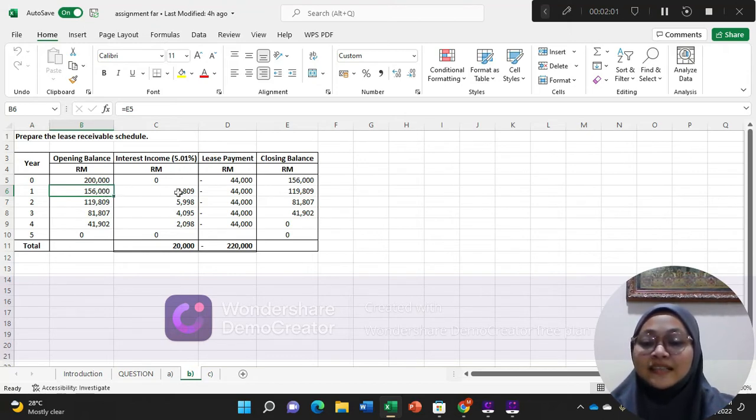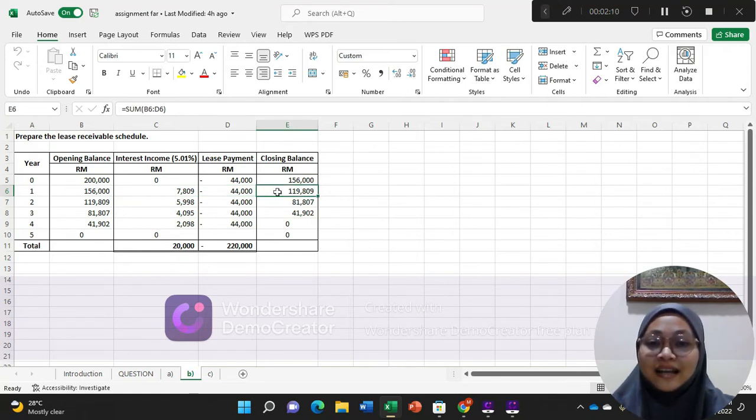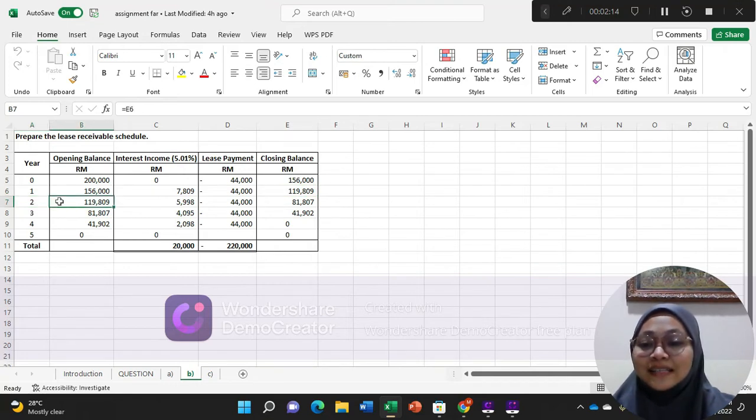For year 1, the opening balance, I get from the closing balance of year 0, 156,000, times 5.01% to get the interest income 7,809, minus lease payment 44,000, and get the closing balance 119,809. For year 2, the opening balance is from the closing balance of year 1, 119,809, times 5.01%, we will get the interest income 5,998, minus 44,000, and get the closing balance